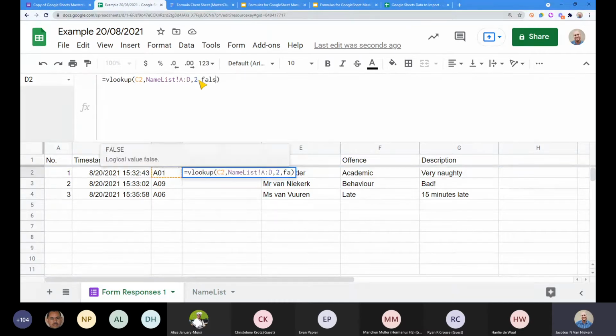Now I'm just going to add the false to the back of this, because it has to do with whether this whole thing is indexed or not. And sometimes it is, sometimes it's not, sometimes it's matched, sometimes it's not. It's just easier to leave it false.